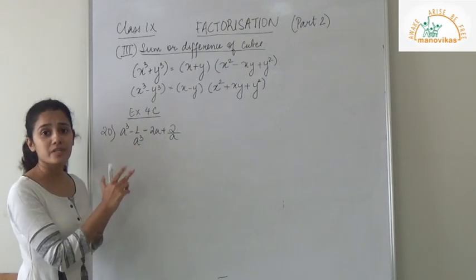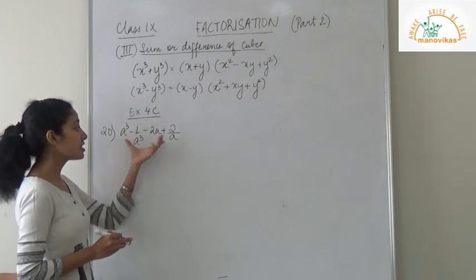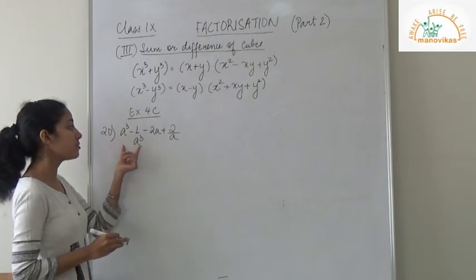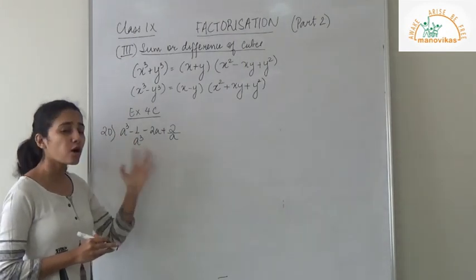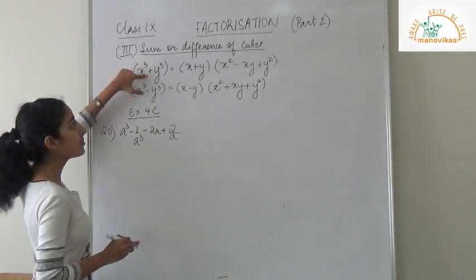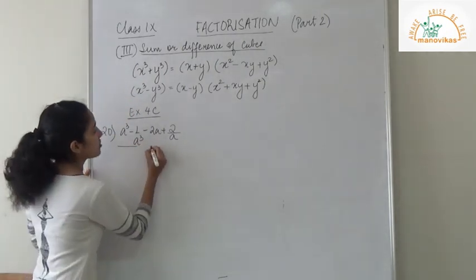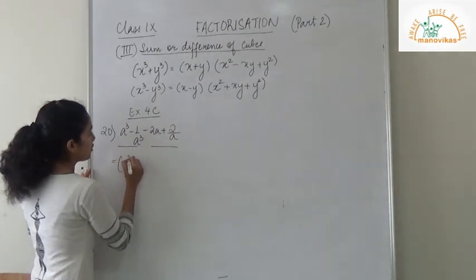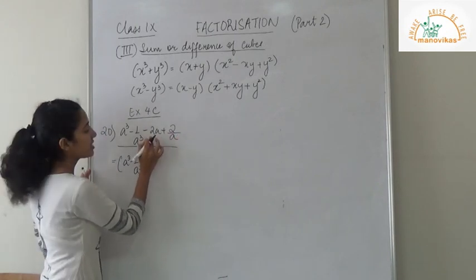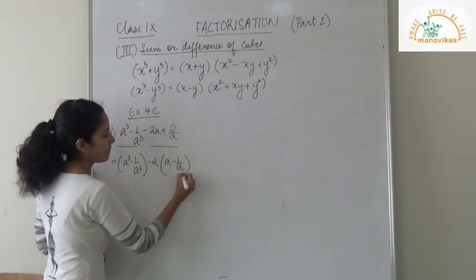So that is another problem, number 20. Here there are 4 terms. When there are 4 terms, you use the second method of grouping, wherein you group these 4 terms into 2 groups, and one group needs to compulsorily have the cube terms, irrespective of all positive, all negative, or either one negative or positive, because we have the formula for sum as well as difference, unlike in the difference of squares. So here I group them as such. So I have a cube minus 1 upon a cube. Now note that from the second group, I can take a common factor, that is negative 2. So I am left with a minus 1 upon a.